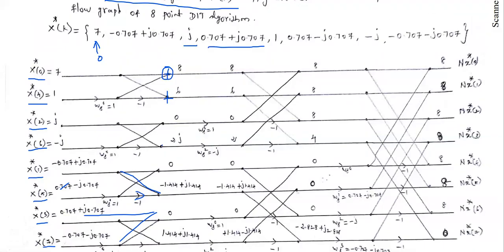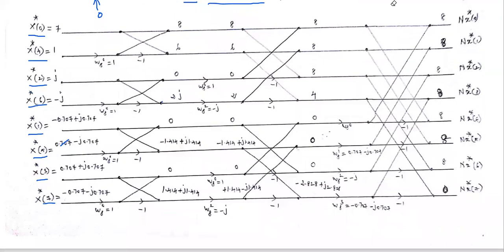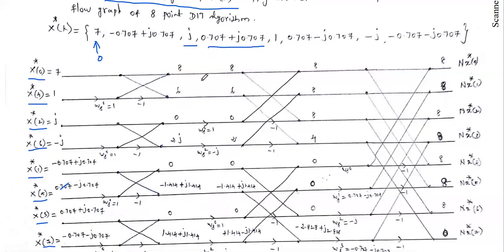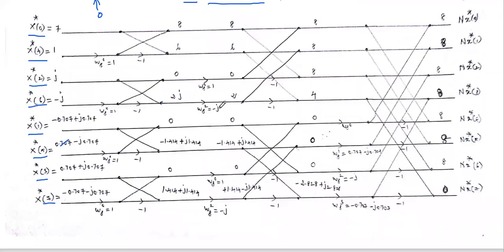So the next thing, the answer in the first stage is applied as an input to the second stage. Okay. So before applying to the second stage, there is a Twiddle factor. Okay. So in the first 4 lines, you see in the first 2 lines there is no Twiddle factor. In the next 2 lines there is a Twiddle factor. One is W8 power 0, you know the value is 1, and W8 power 2, the value is minus j.